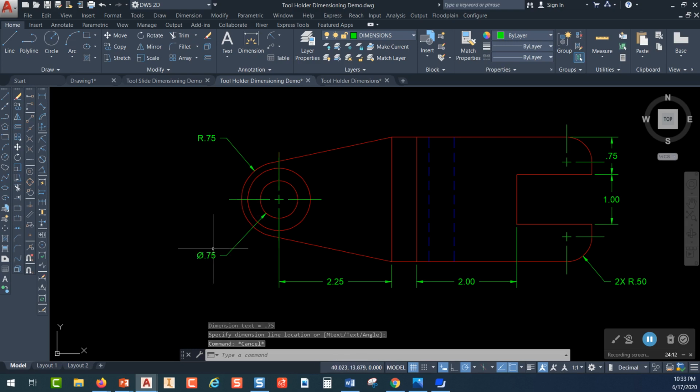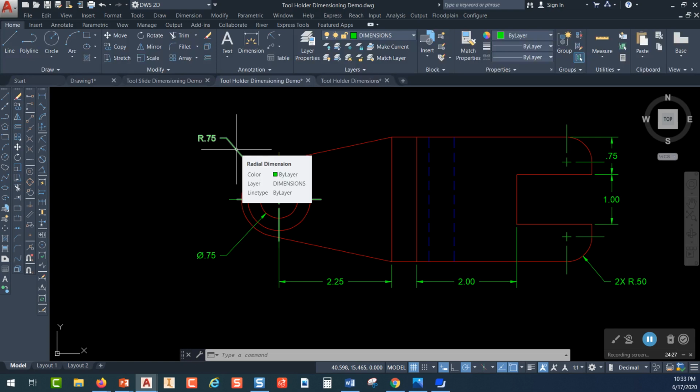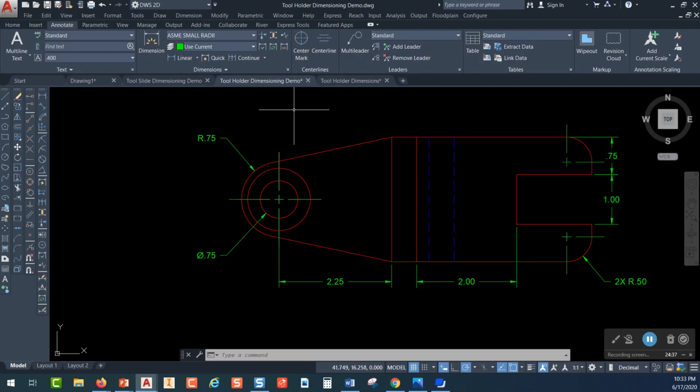Now, I don't need a 2x on either of those because there's only one. There's one hole and one radius that we have right here. But like I said, this is a fairly large radius. And so what I want to do is change its style to the large radius style. A quick way to do that is to go up here, you're in your Home tab, but pick on your Annotate tab,